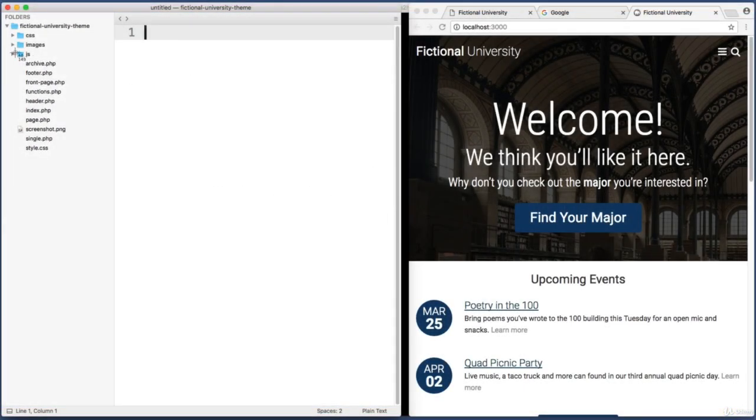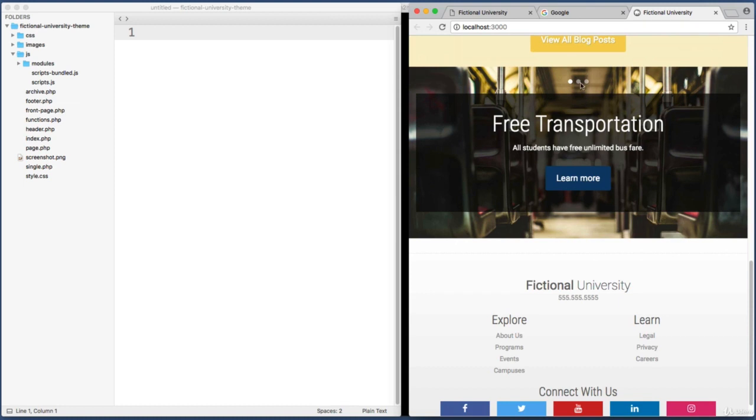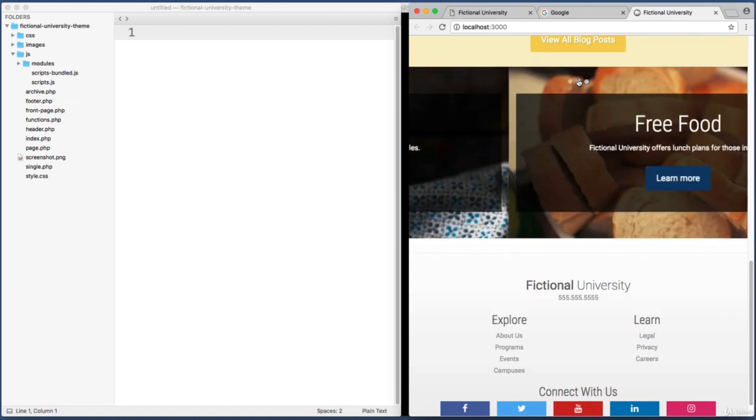So you've probably noticed this folder named JS in our theme folder. And if you look inside there, there's a folder named modules, and there are two files, scripts bundled and scripts. Scripts bundled is the JavaScript file that WordPress is actually loading and using. So for example, if I scroll down to the bottom of our home page, this slideshow area is powered by